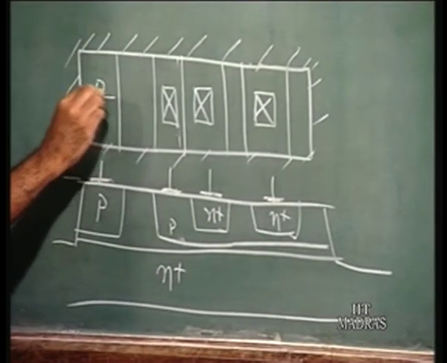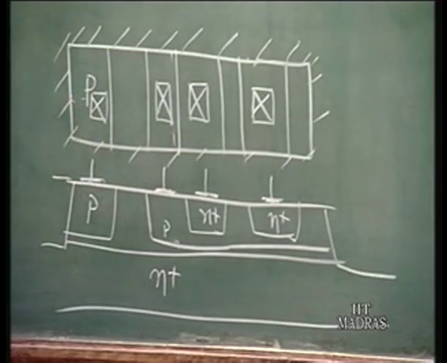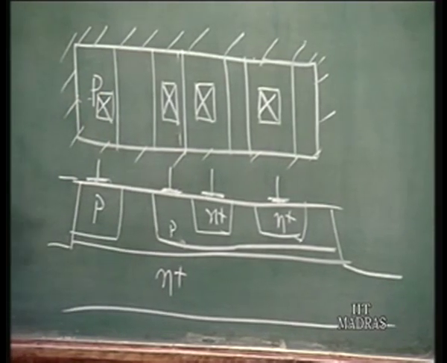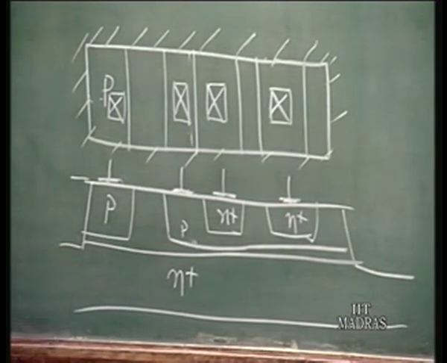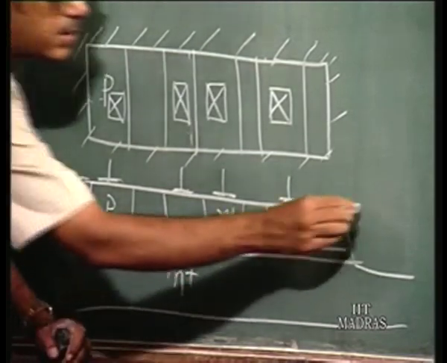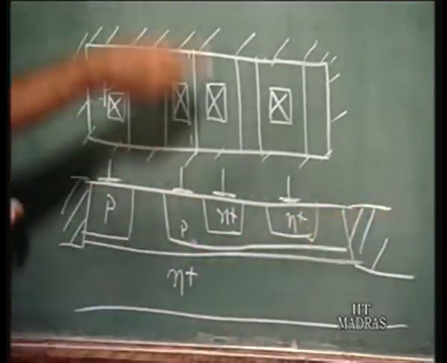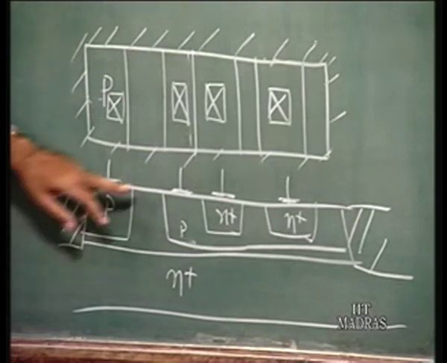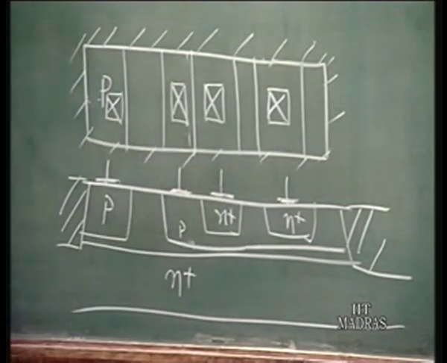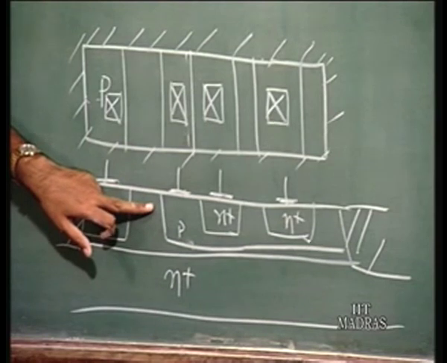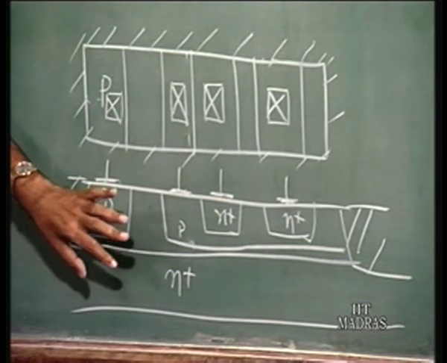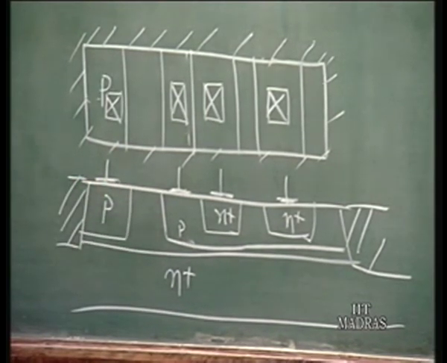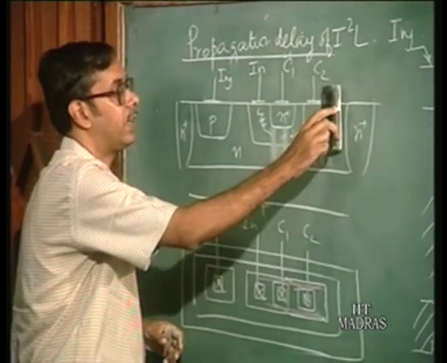You have one more contact here, that is the injector contact. So this is the I squared L structure. This is the oxide regions, isolating. It goes all around. So this is the base, these are the two collectors. Is it clear? It is almost identical to this, except what we have done here is, if I just